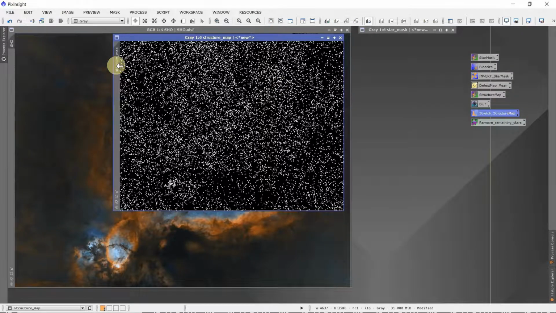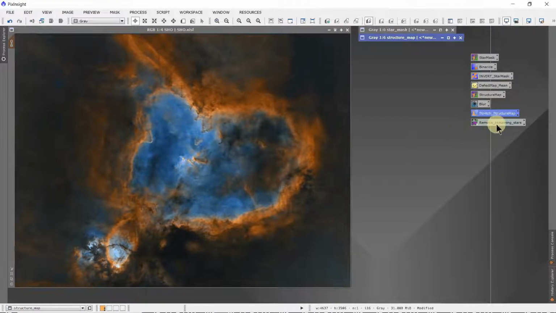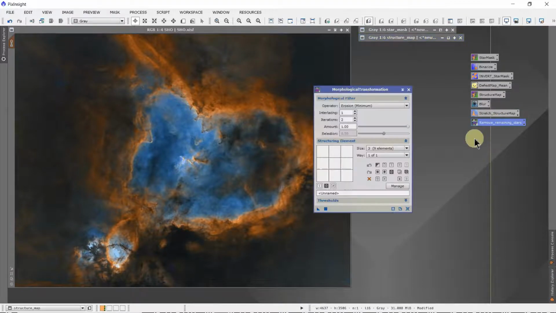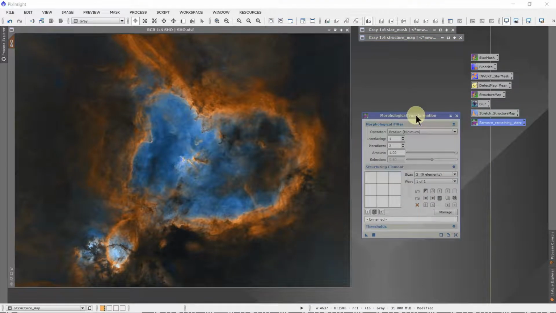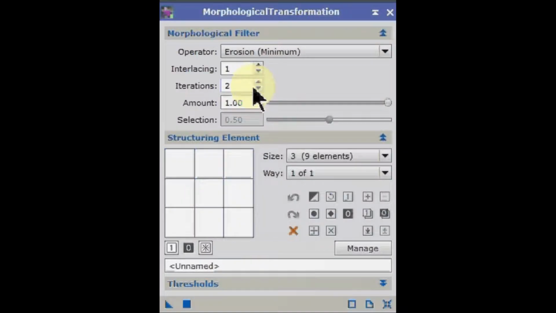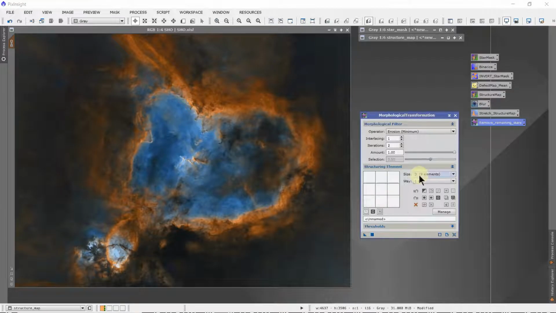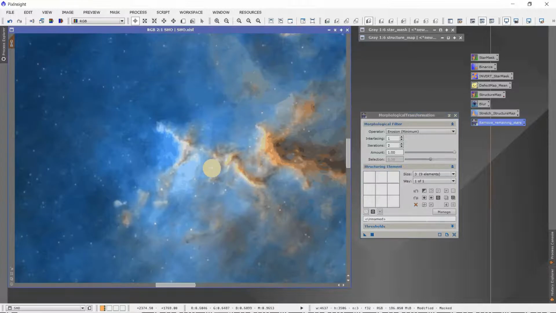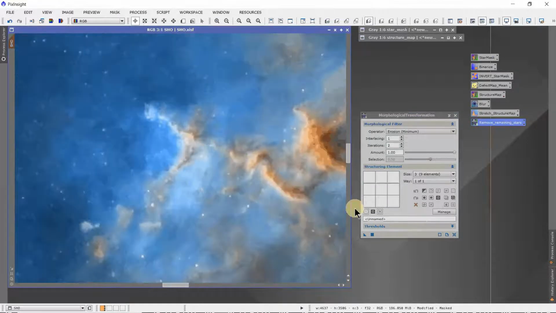And then we take that structure map, put it as a mask on the image, and then we open morphological transform, 2 iterations, amount 1, and a 3 element as the size. And if we open this up, you see a lot of little bright stars here, or faint